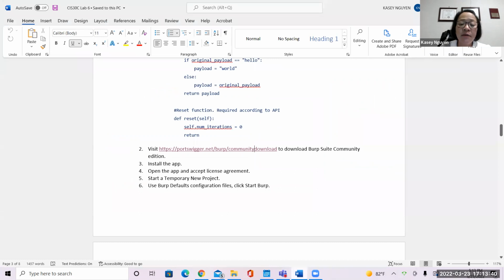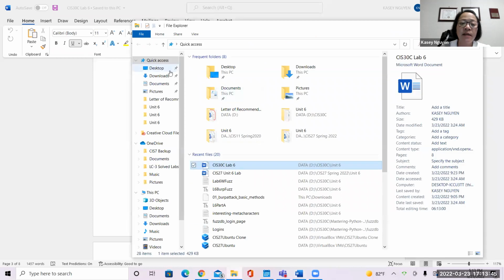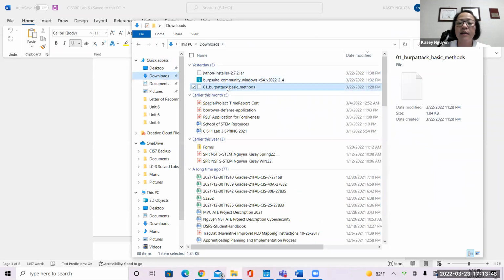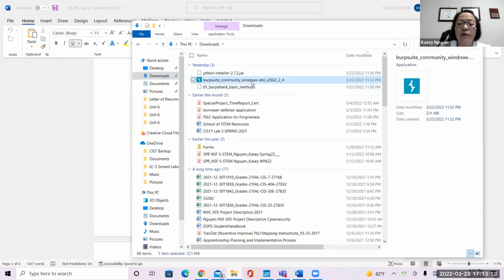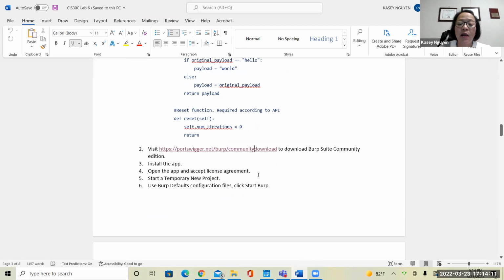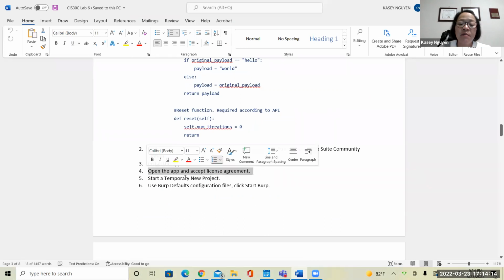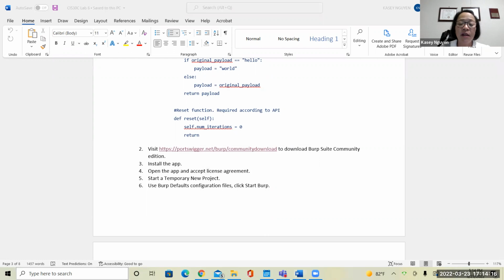Once you download it, you can install it and simply run the exe. Because I'm using Windows as an OS, it's going to give me the Windows version. Once I download that, I simply launch the installer and it's going to go through. Here it walks you through that. You're going to accept the license agreement, and once you have it installed,